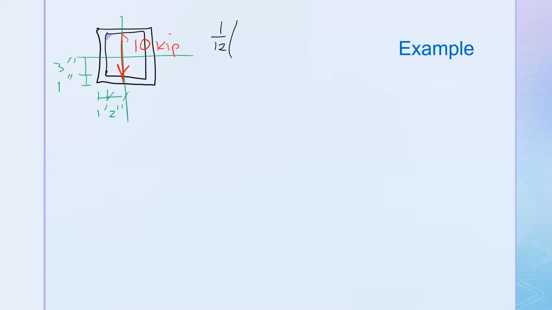Now our width is going to go all the way to the outside. That's going to be 6 inches. But our height is now going to be to the center lines of the top and the bottom. So that's only going to be 7 inches cubed. And then we'll subtract 1/12 times 4 inches times